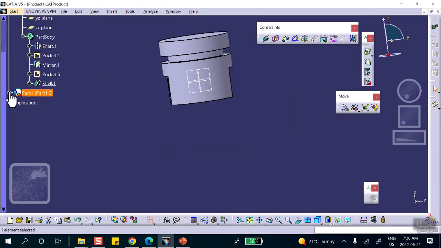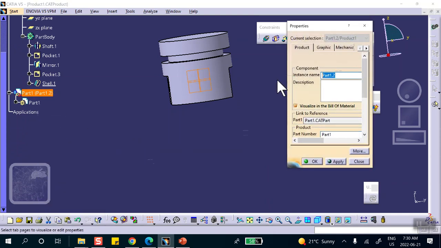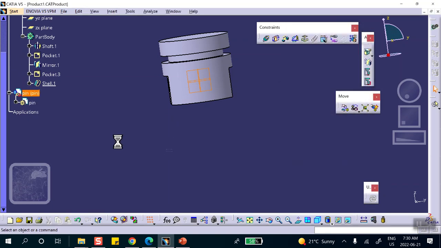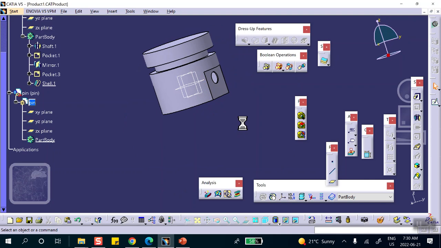That's very easy, it's just a cylinder. So let's rename this, properties, and make it pin, and pin. Okay, let's go to the pin and make it. All it is is a cylinder. So on that, for example, on that vertical plane, I will sketch,